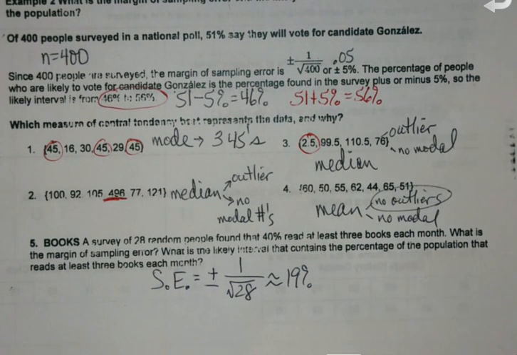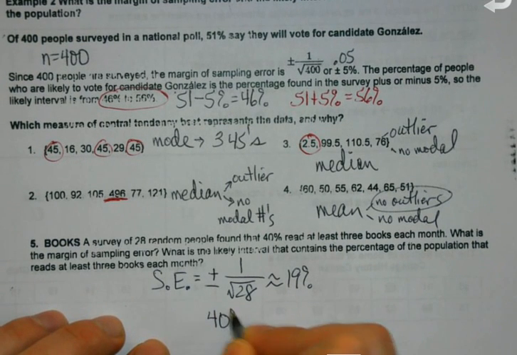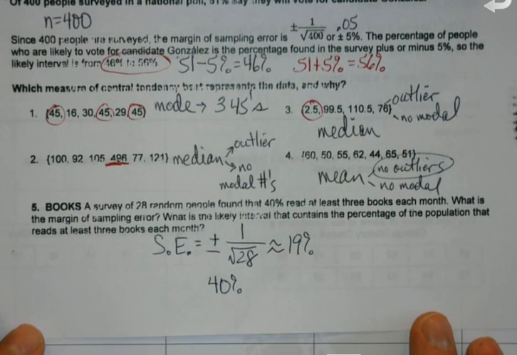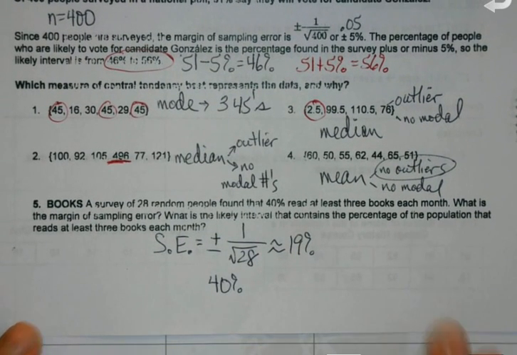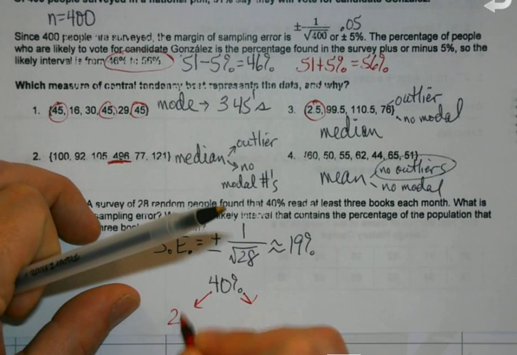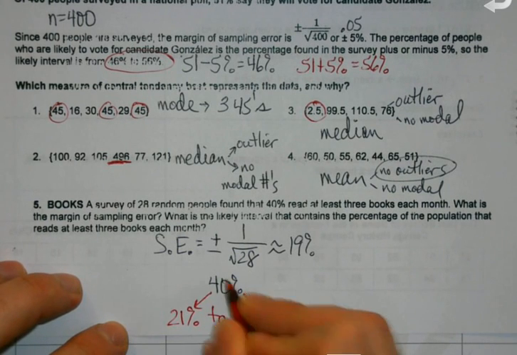So, I'm like, okay, it's 19% if 40% is what the survey said. What's going to be my low and high values? Okay. If I subtract the 19 from the 40, I'd be as low as 21%. If I added it,